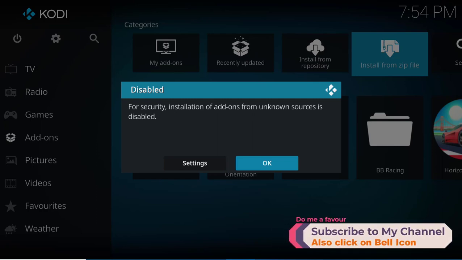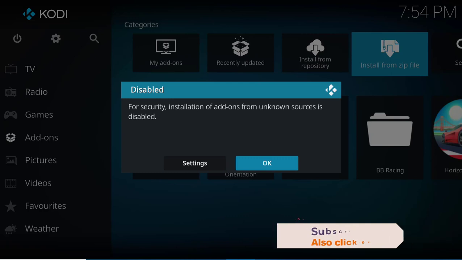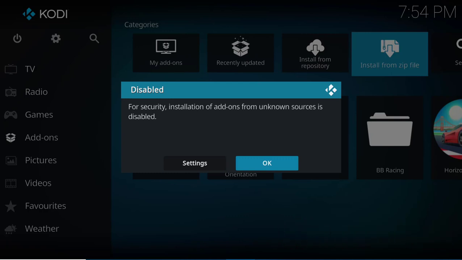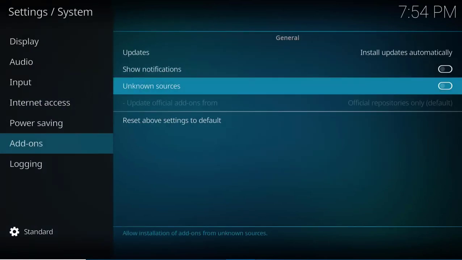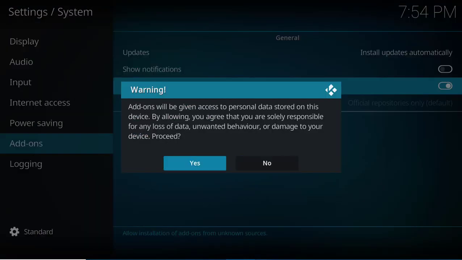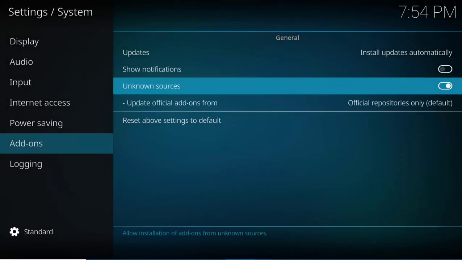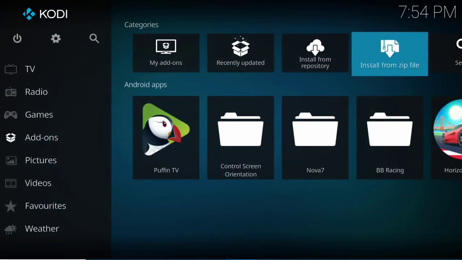When you are using this app for the first time, for security, installation of add-ons from unknown sources is disabled. It will show a message like this. You just go to settings and enable that one. Then again yes. Now go back, then again select install from zip file,